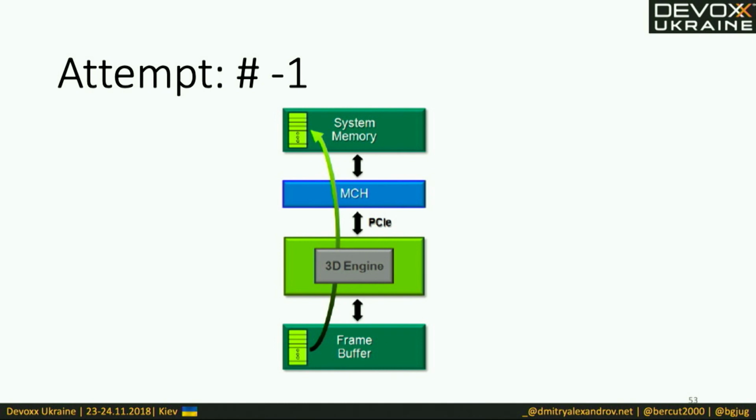So it's an array of data. Bitmap is an array. We can encode not only colors, but any data we want. And write some shader and transform this bitmap image to another bitmap image with our video card. And read it back from the frame buffer. So that was my attempt back in 1999, actually. I've done it.